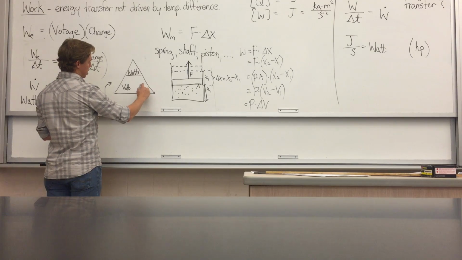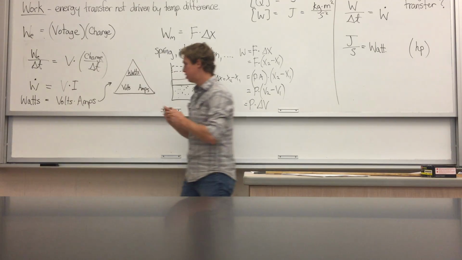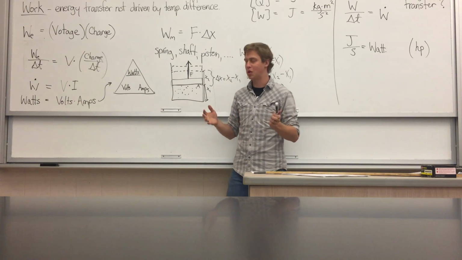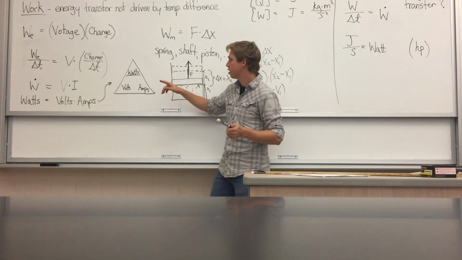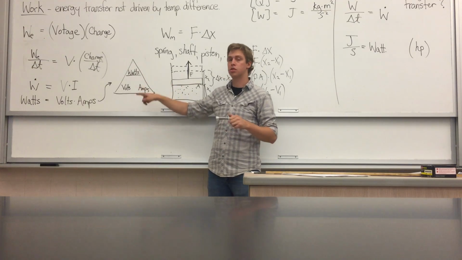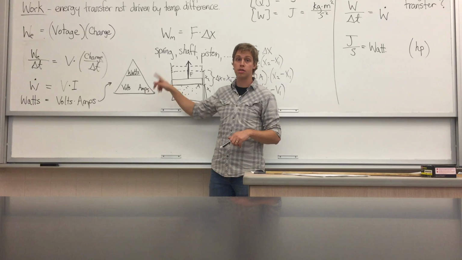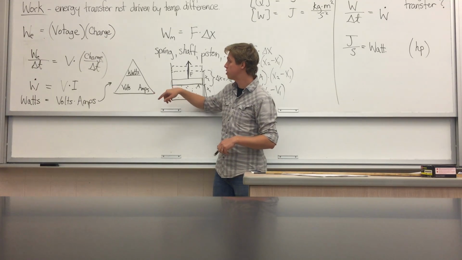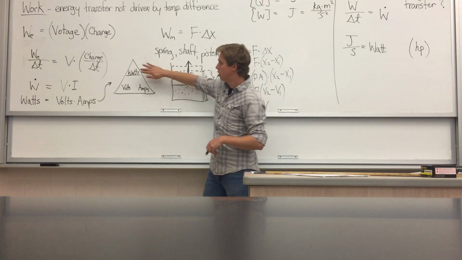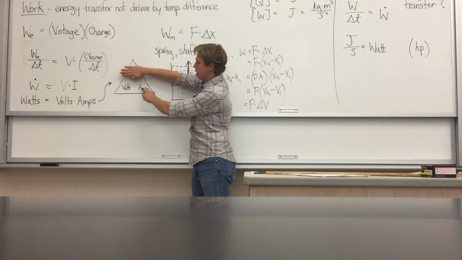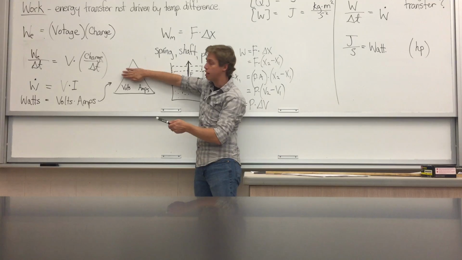And then down here we put amps. And this is a little bit of a childish way to do calculations, but it works. If you want to calculate one of these three things, you cover up the one that you're interested in and see what's left. So for instance, if I want to know the watts, I cover up watts and I say, look, what's left is volts times amps. So I get my watts.